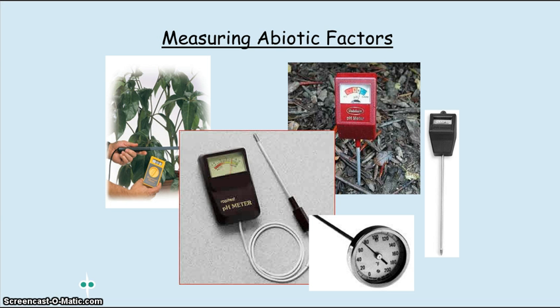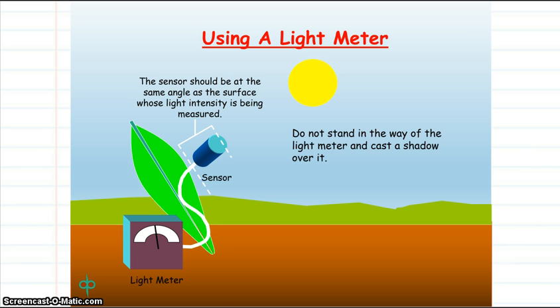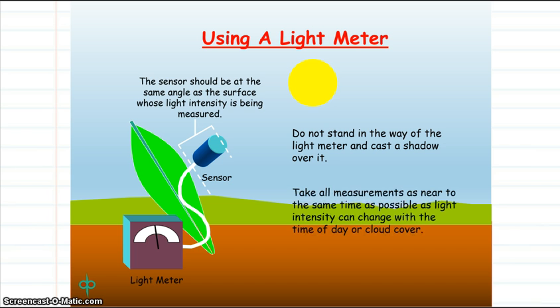We can measure abiotic factors using various probes and devices. When using a light meter, for example, the sensor should be placed at the same angle as the surface whose light intensity is being measured, and make sure not to stand in the way and cast a shadow over it. If you're taking measurements over multiple days, make sure you take all the measurements as near to the same time of the day as possible, as the light intensity can change with the time of day